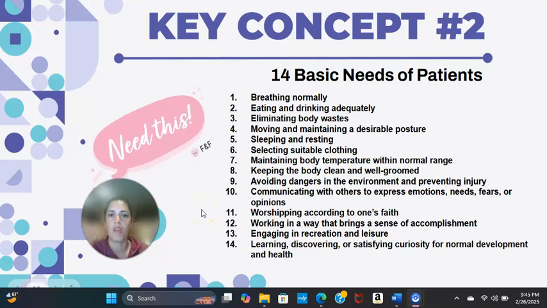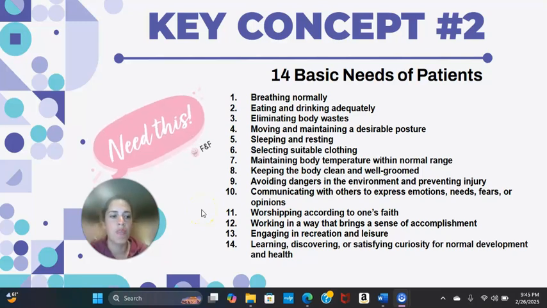So I'll let you read it individually, but it really breaks it down into your physiological needs. Obviously, we need to be able to breathe, we need to be able to eat, we need to be able to sleep and rest, we need to be able to maintain body temperature. And then there's your safety and security needs. We need to make sure that the patient's not getting hurt, so that they don't come in again as best as possible. We should educate them on how not to fall and what to do if you fall.